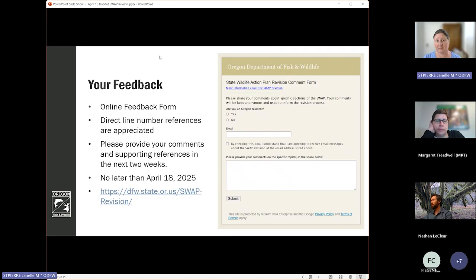And so how do you do that? We have an online feedback form, and this is on the website that I referenced, the SWAP revision site. There's a link with each of the different habitat sections. And so we're asking for,